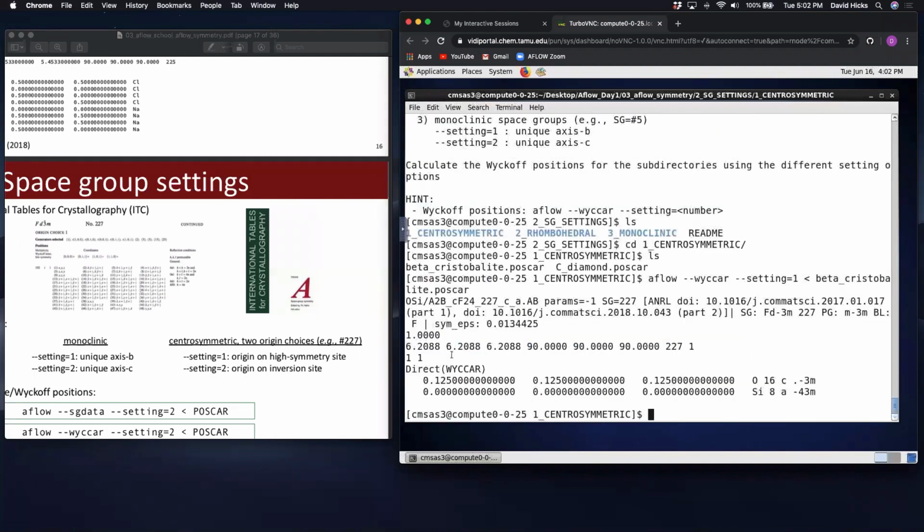And so here, we see that we've created the POSCAR and we specified setting 1. For setting 1, the origin is on the high symmetry site. If we look at the Wyckoff positions, actually the silicon atom is on the origin, and so the site symmetry is the high symmetry site that we're talking about. So it's this -43m. And the inversion site, which happens to be oxygen, just in this particular case, is slightly